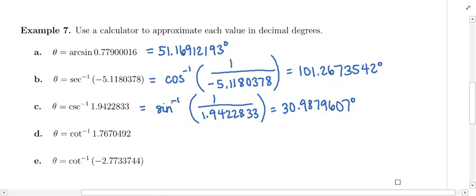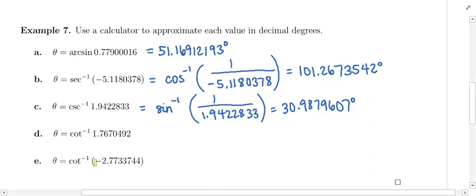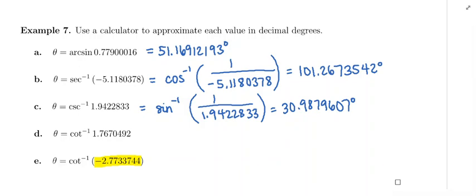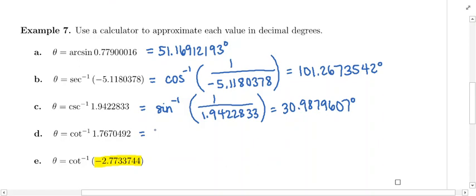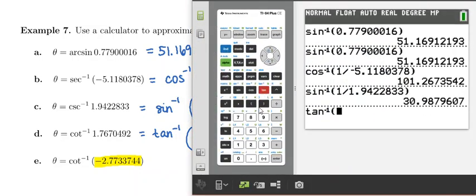It's basically tangent inverse of 1 over the number, but you do have to take an additional step if the number you're taking the cotangent inverse of is negative. That's going to happen in part E. So let's do part D first. You're going to enter this as tangent inverse of 1 over the number. Let's pop this in. This is going to be tangent inverse of 1 over 1.7670492. Here comes the angle,